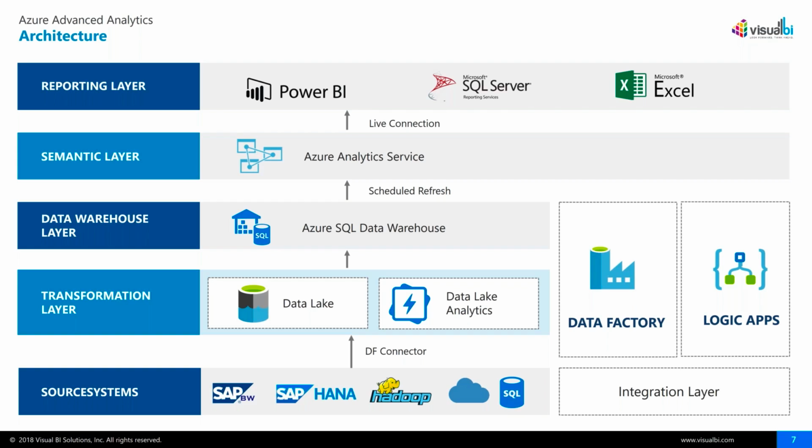This diagram depicts data flow from the bottom up. So that's where I'm going to start, right at the bottom of this diagram with our source systems. This represents all the various data sources that can be brought into your reporting and analytics solution. Typically your line of business applications. This would feed your data warehouse. So in our case, for this webinar, for the demonstration that I'm going to be performing, we're using SAP BW on HANA.